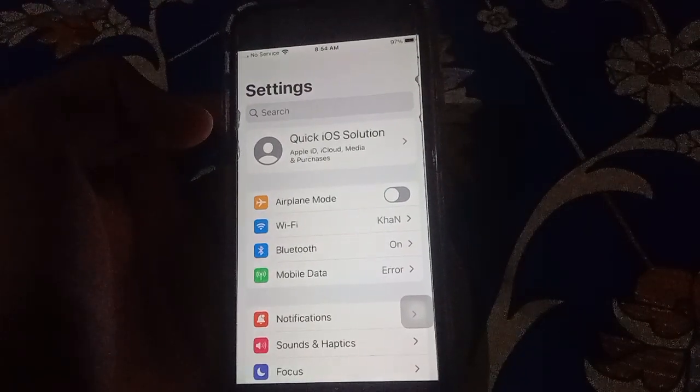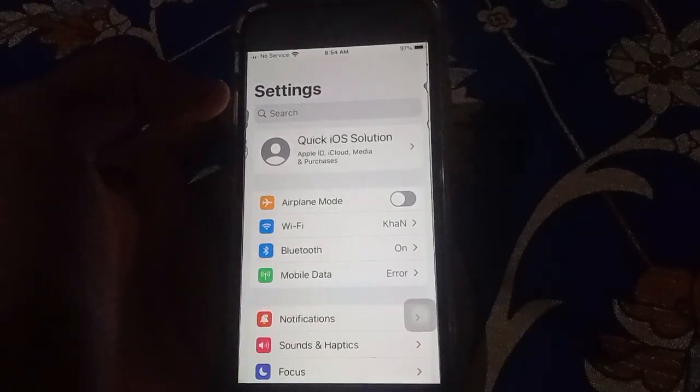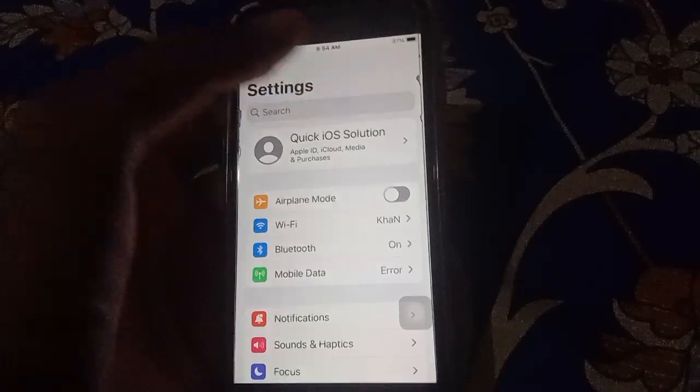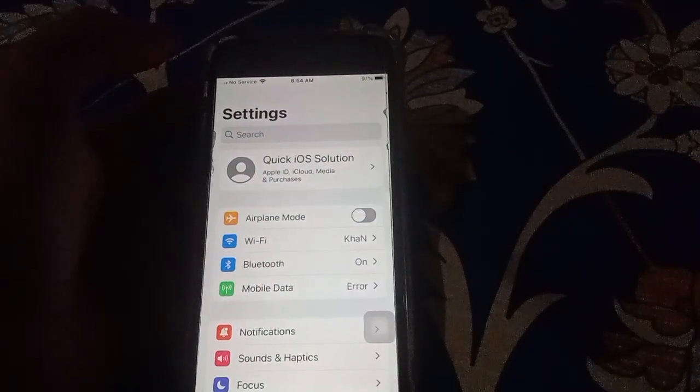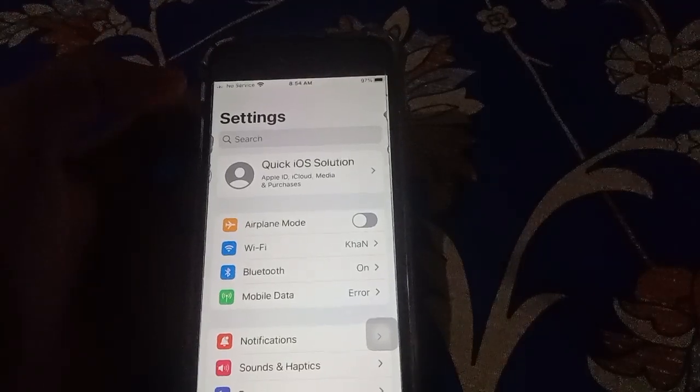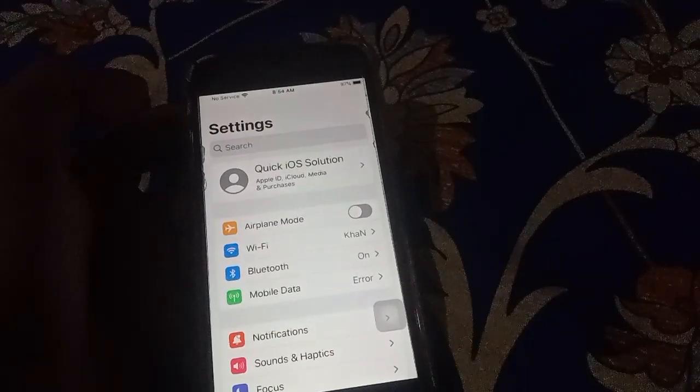And third solution: take out the SIM card and then change the SIM card and mobile, and your problem will be